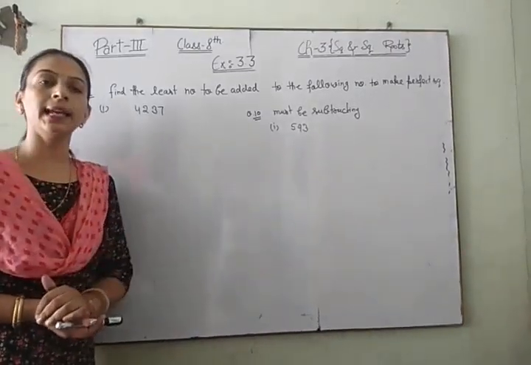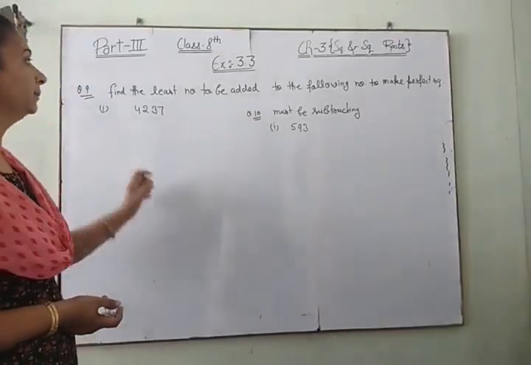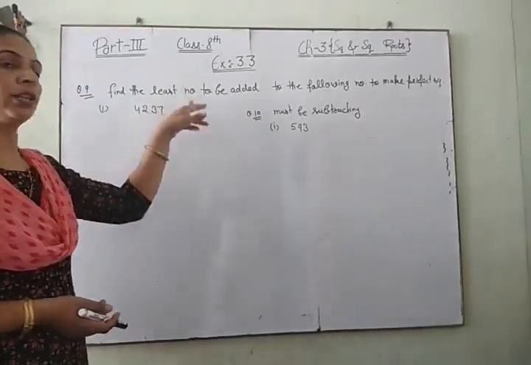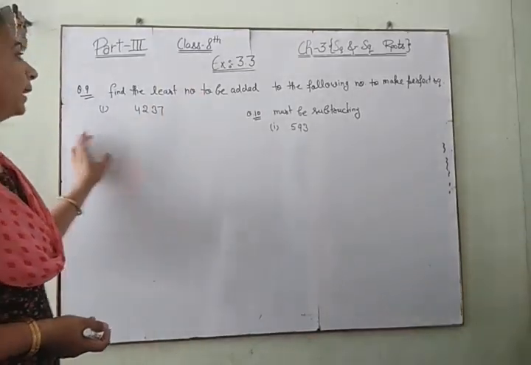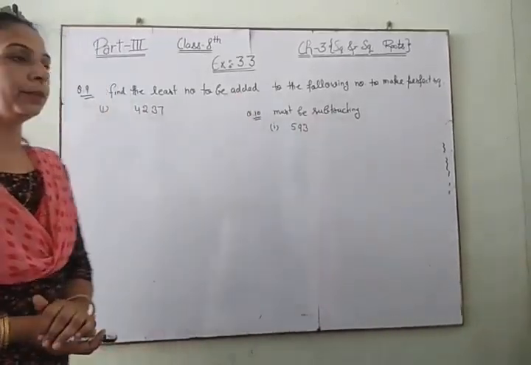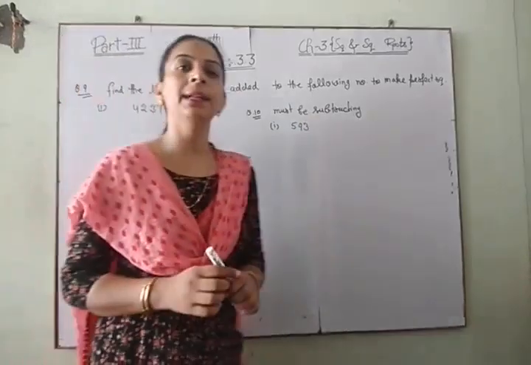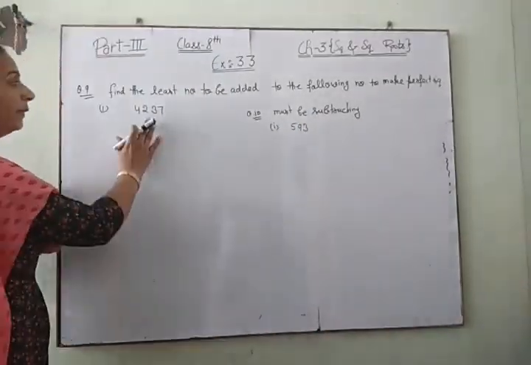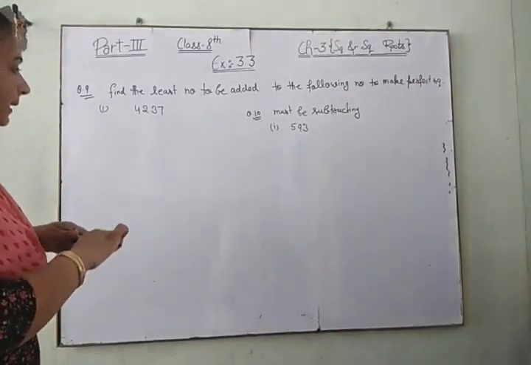Students, in exercise 3.2 we discussed multiplication or division by some number, but in this exercise we find the least number added and the least number subtracted. Of this type, first I will take an easy example. After that we will solve this question.